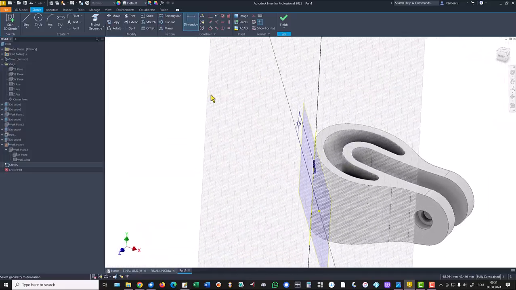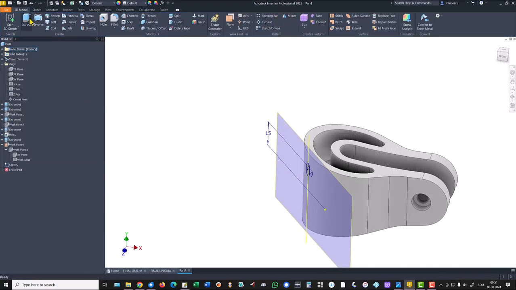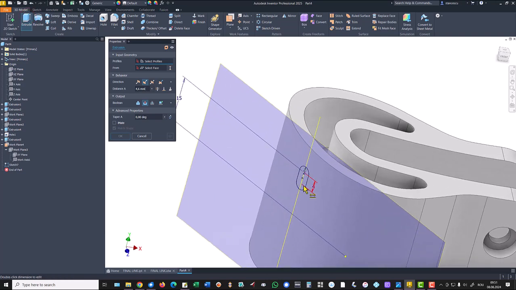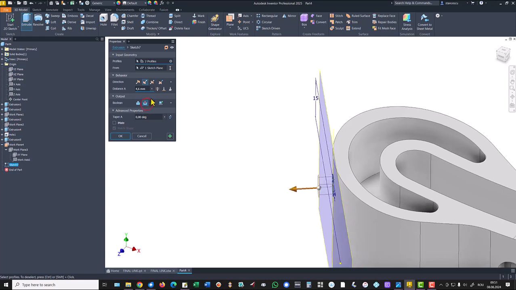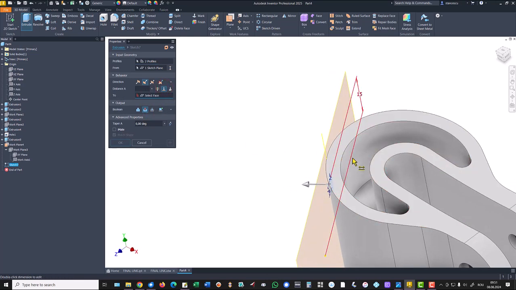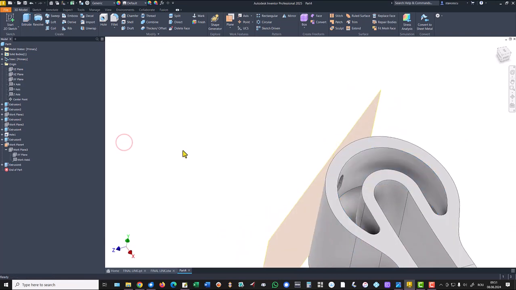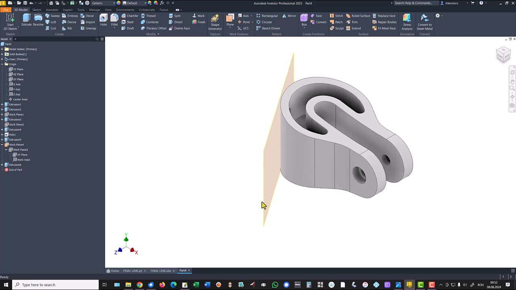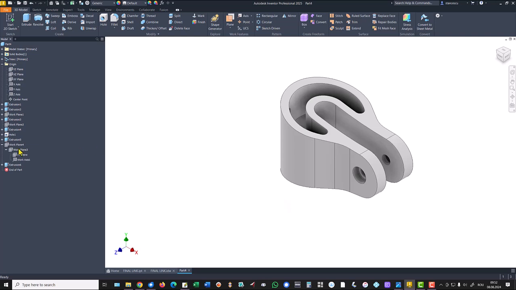Good. Now we apply extrude of this area with cut to this face. Yes? Okay. I don't need this plane anymore. I close this, and now I apply